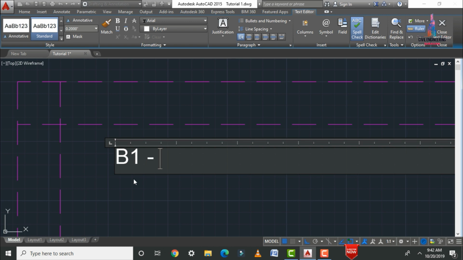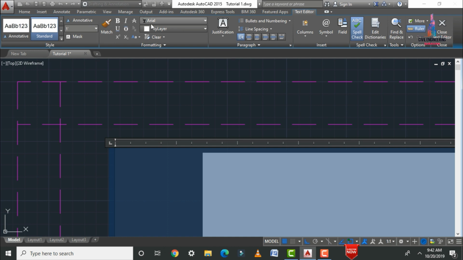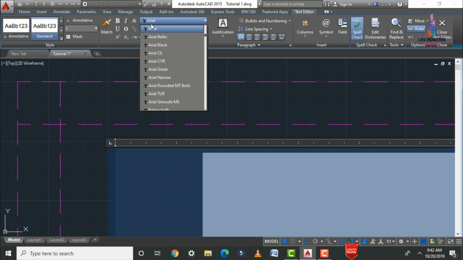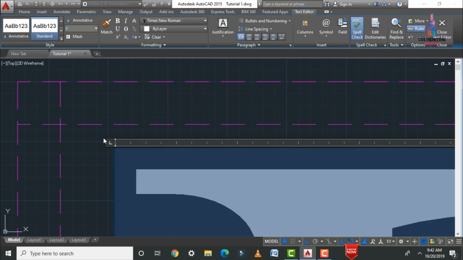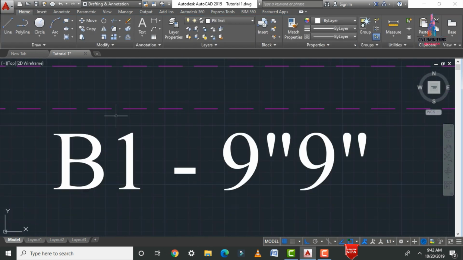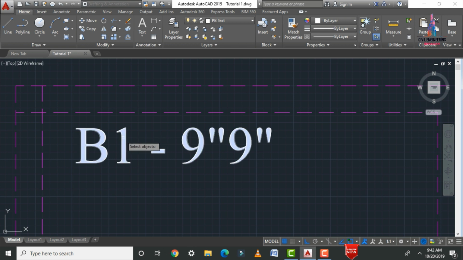Let us consider B1. So which is consisting of, let us take the dimensions as 9 inches cross 9 inches. So here I am taking the text height. Let us consider it as 1 feet 0 inches, which is related to your respective format of the text as per Times New Roman format. So select this, click on OK, select this respective point. So after that we have to move this respective B1 section in horizontal position for the center position.